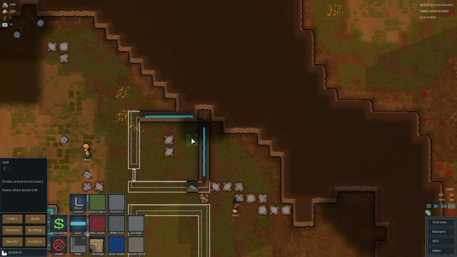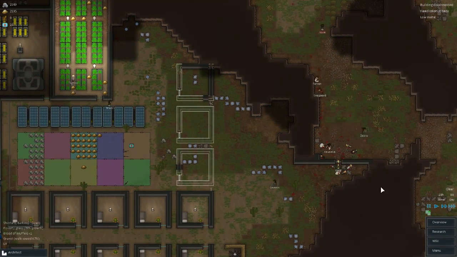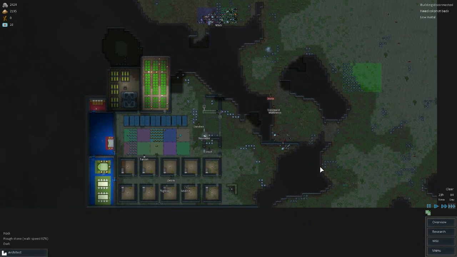Go back to architect and wall, place that wall in there. Obviously, I'm going to wait until they've finished some stuff. It's actually at max speed, so we'll see what they're doing. Today's beverage is plain old water. Right, so...